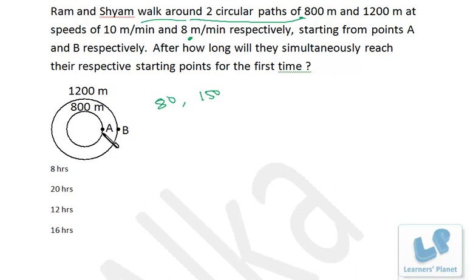That means both of them simultaneously come to these positions at the time which is the LCM of 80 and 150. Now I take 0 apart. Then 8 and 15, they are co-prime to each other, so their LCM will be 8 into 15, and 15 into 8 is 120. So after 1200 minutes, or we can say 20 hours, they will be coming to their starting positions simultaneously. So a simple problem based on LCM.